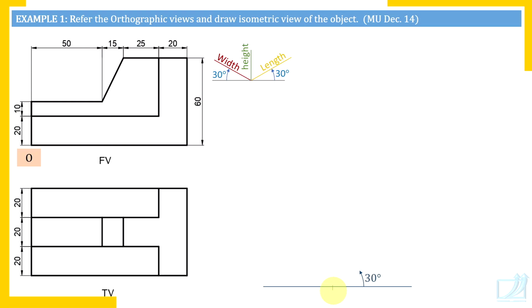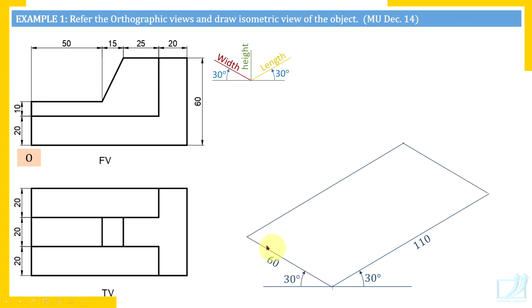At point O, measure 30 degrees and draw a line of 110 millimeters. On the left hand side, we are going to measure width at an angle of 30 degrees. So this is the width axis and we have measured the width of the object, 60 millimeters. So length and width. Now use the roller. Set the roller with this edge, roll it and draw a parallel line from this end. Also set the roller with the 60 millimeter long line and roll it to draw a parallel line here. This is how we have completed the base of the entire block.